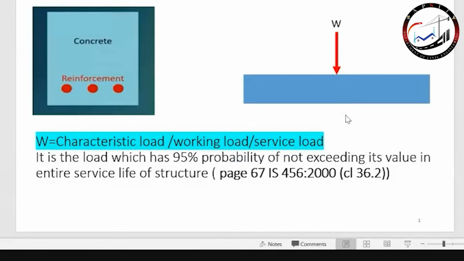Very simple example, just a beam which is subjected to a load W. So here I have a very common example which you already know. A simply supported beam, subjected to various kinds of load. And we have seen the different loads like the dead load, live load, earthquake load, or the snow load, and depending upon the conditions, especially the earthquake and the snow load, or the hydrostatic pressure, the soil pressure, this is to be considered when the special conditions are there.